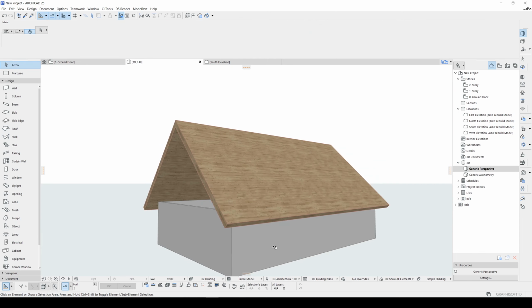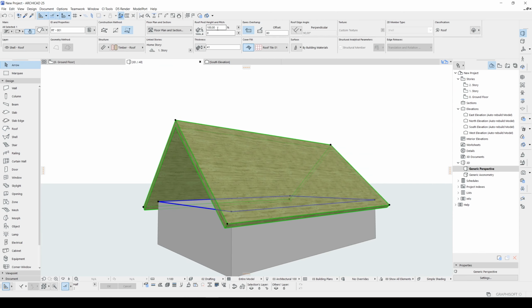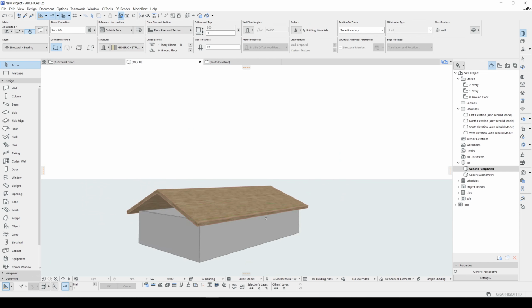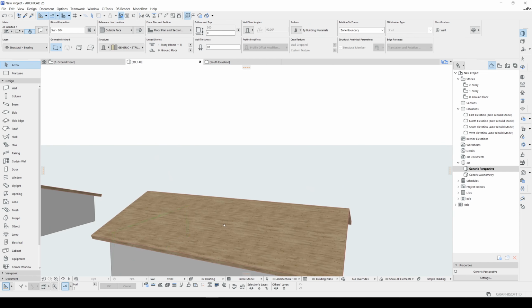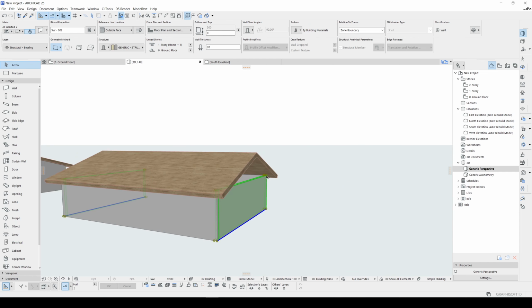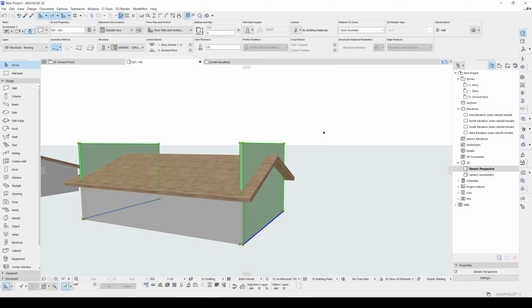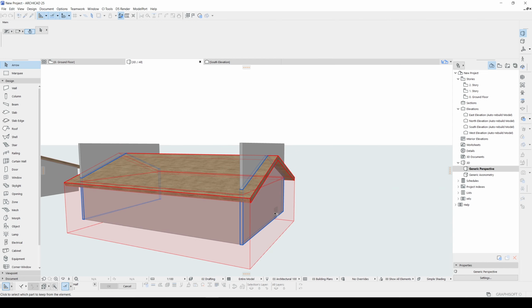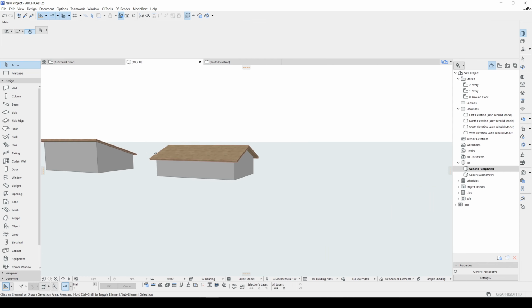And you will see it is automatically created, and the slope will be changed something like this. Same as before, let's select our side walls and extend to this corner or higher. Connect trim elements to roof, click the roof and click the button.